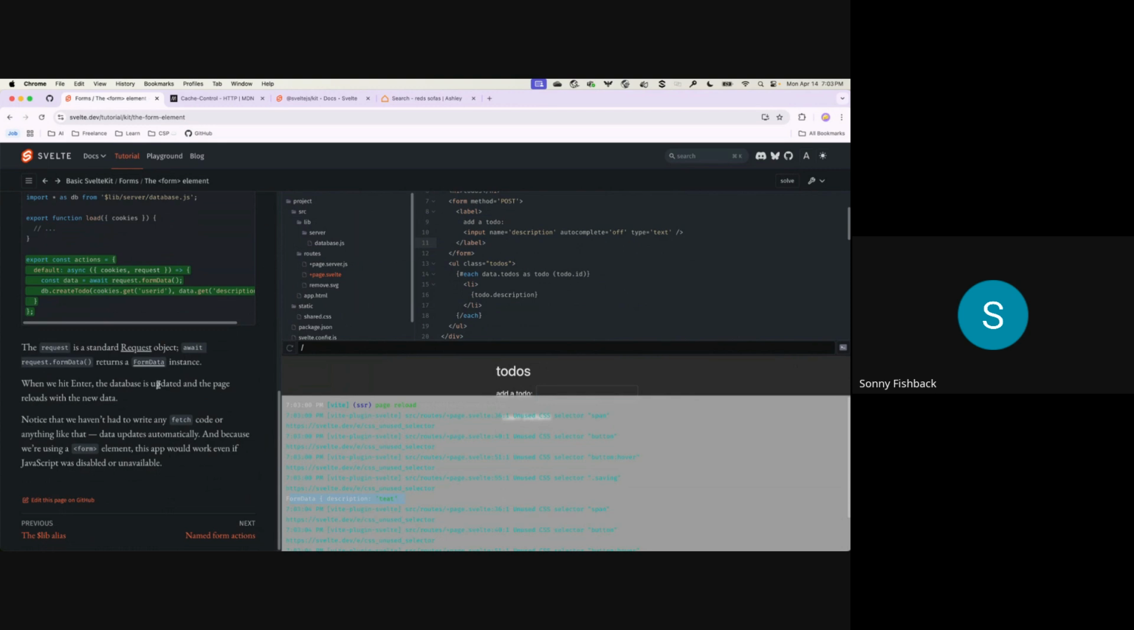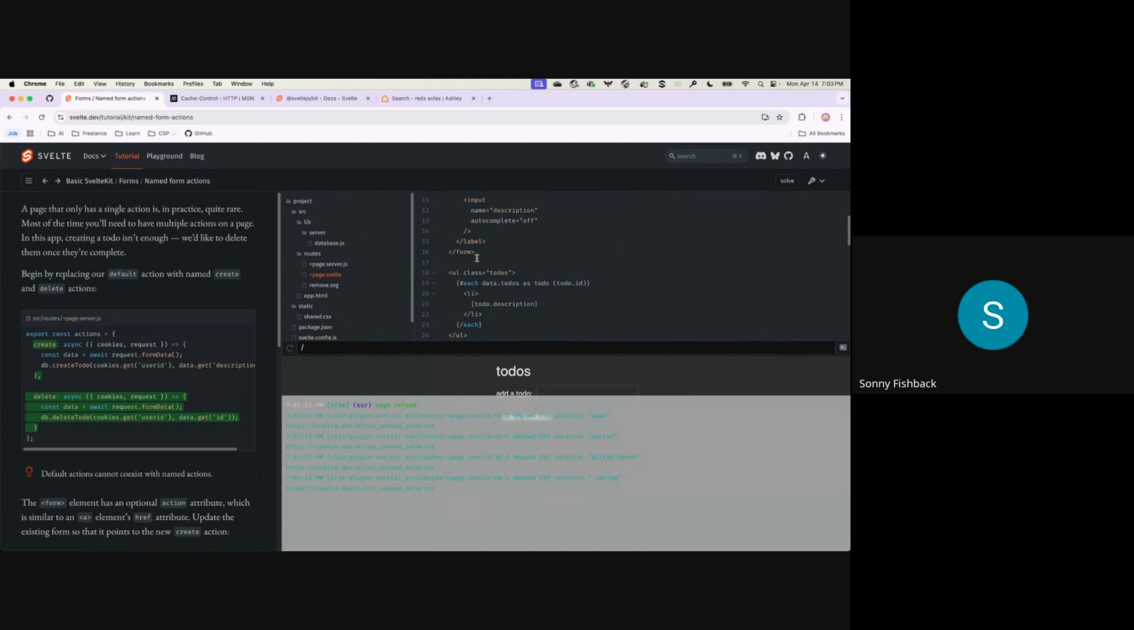So it's a standard request object, so you can await formData, and you can name your form action. So we just named ours default, but what'll happen is you'll have multiple actions, multiple forms on one page. So you can't just name it default. So then you'll name them. So we can call this one create,